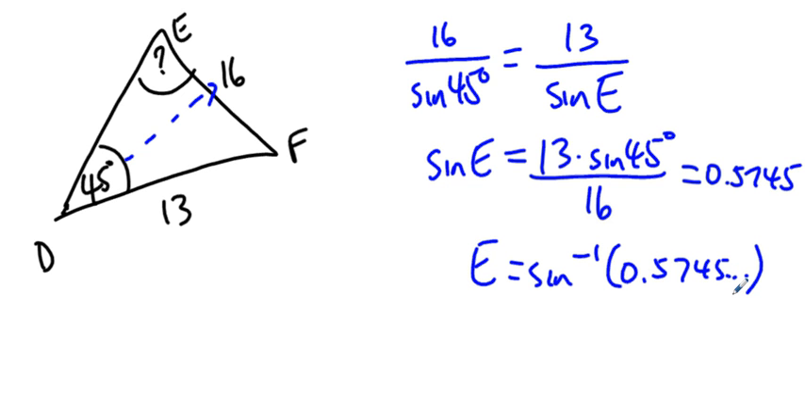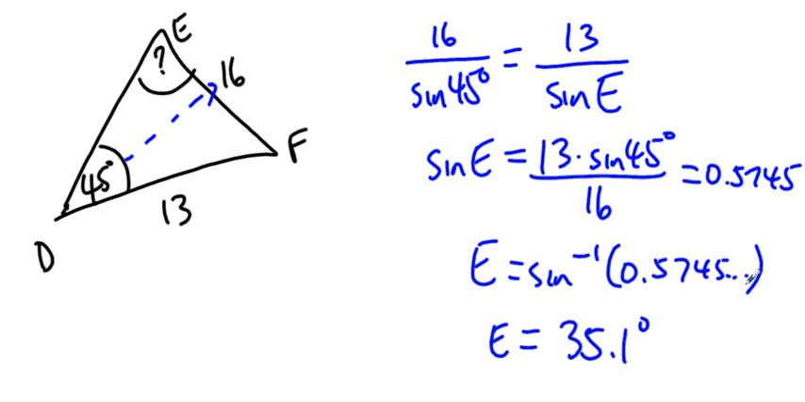And that's not hard to get. 35.1 degrees to 3 significant figures. And again, that makes sense. The 16 is bigger than the 13, so the opposite angle here has to be greater than the opposite angle there. We should note